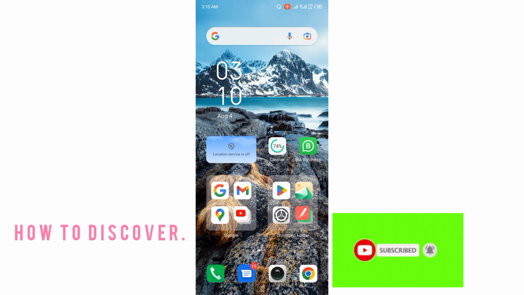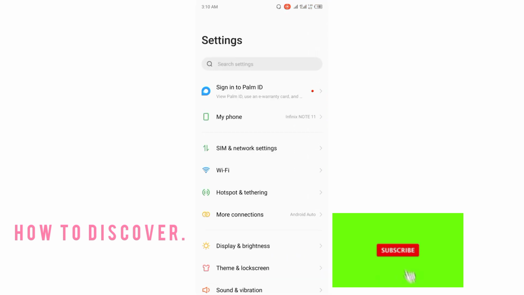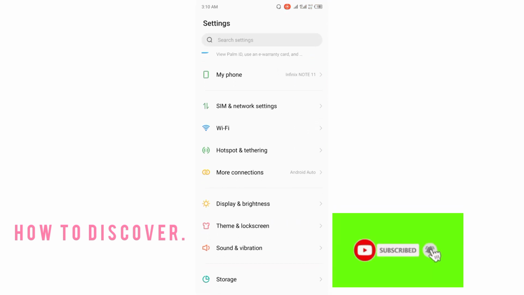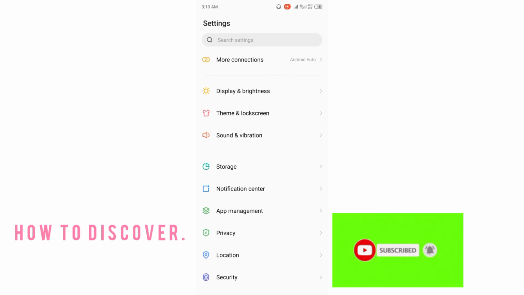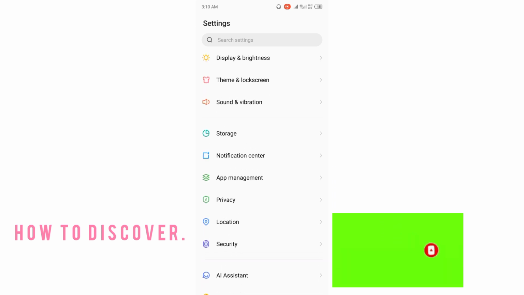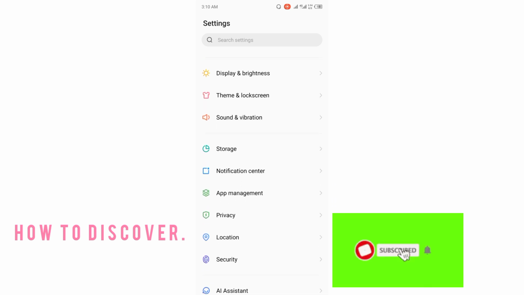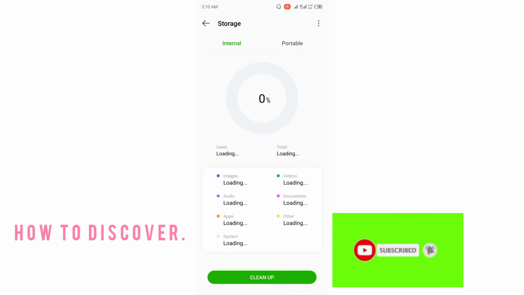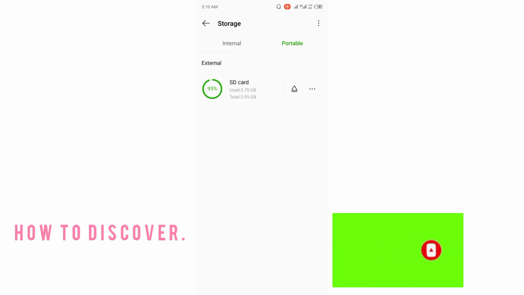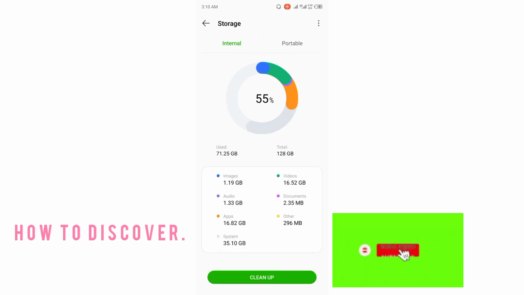and open your mobile settings. Now there you see the option of storage. Click on it. You can see that your phone is showing all the storage used, so you have to click on simply the cleanup,